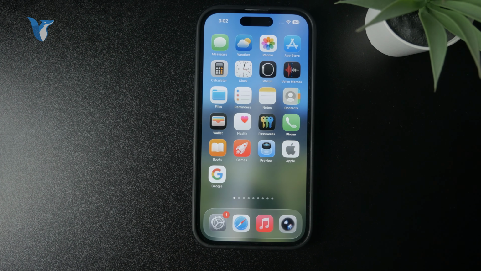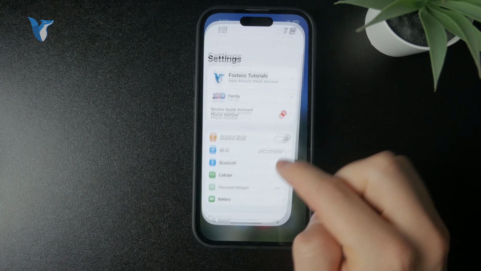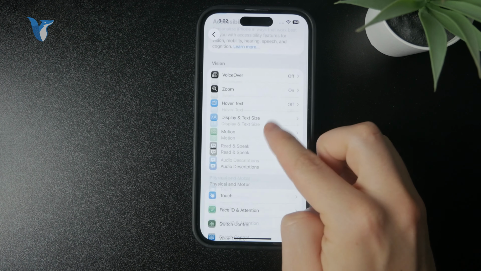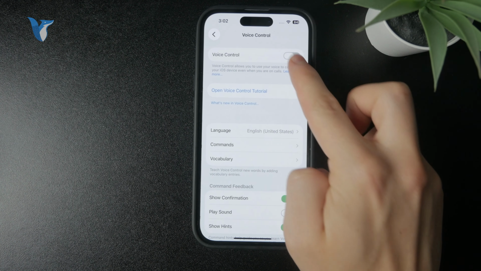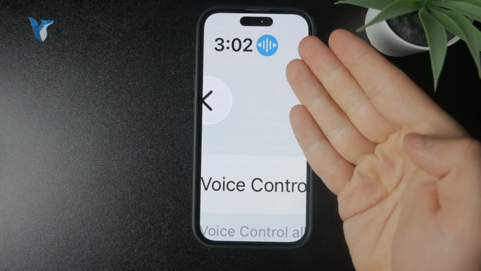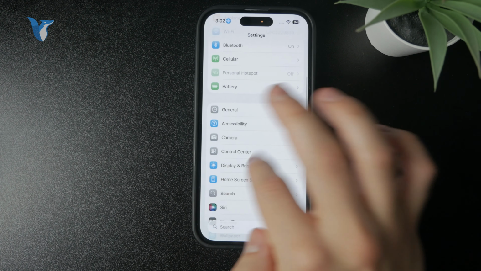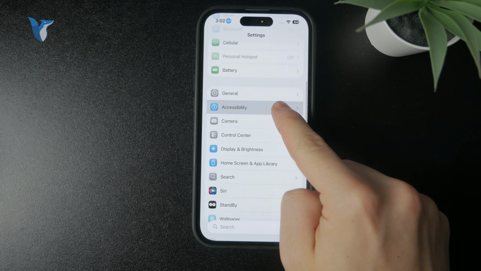So if you have the voice control feature enabled, you will always see it at the top of the screen. There's going to be a little blue icon with the audio icon type of thing, and this indicates that your phone is always listening to you for commands, so you can use your voice to get around. And if you want to stop that, you can open up the settings, go to the accessibility section,